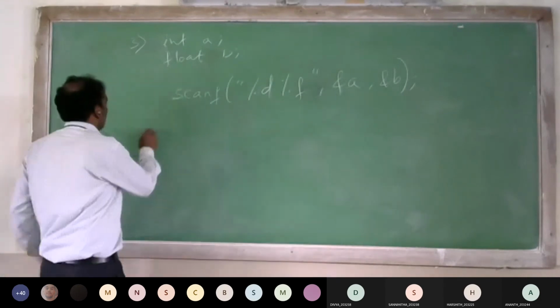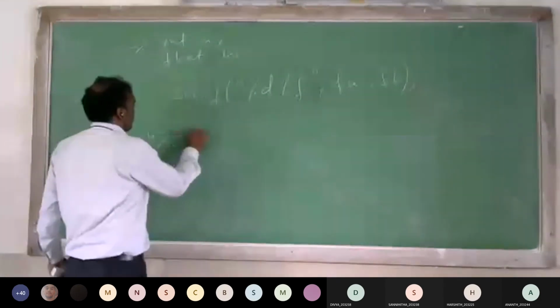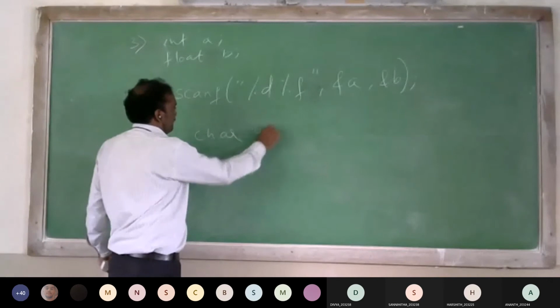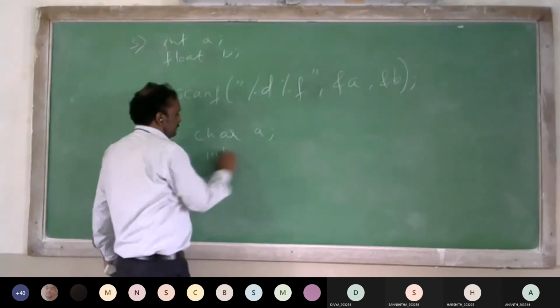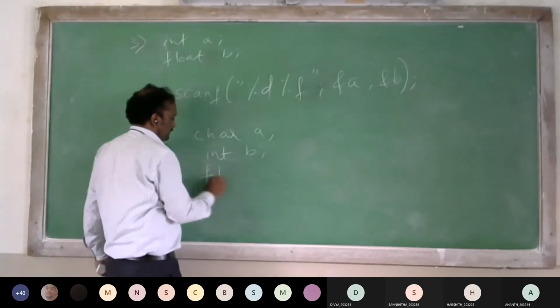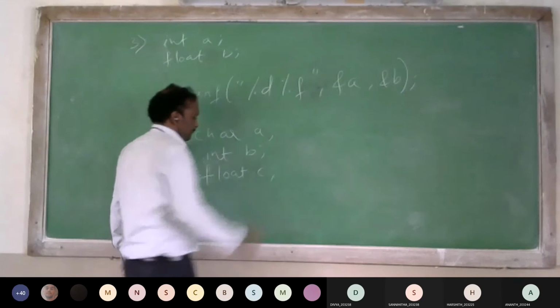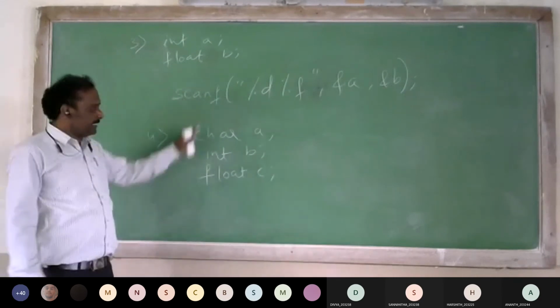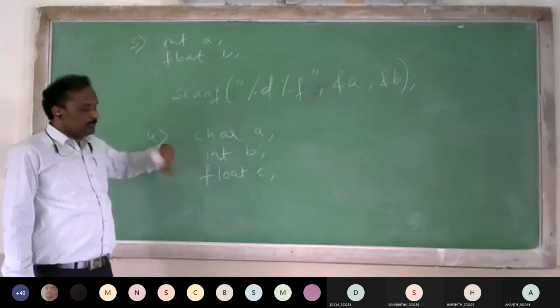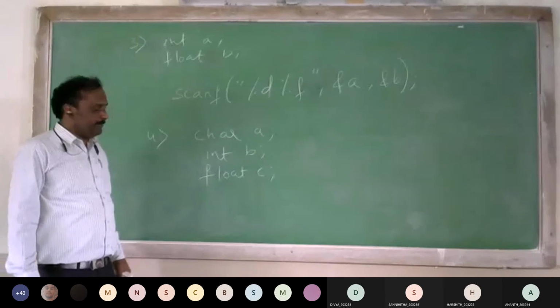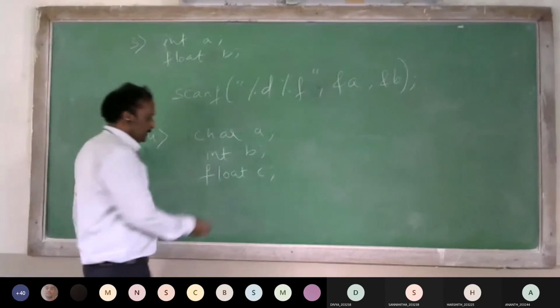The fourth example. If character is a, integer is b, and float is c, there are three variables, and you want to enter all three variable values when running the program.